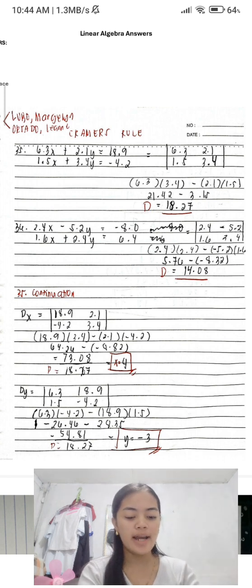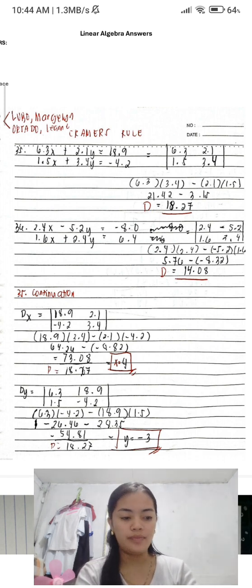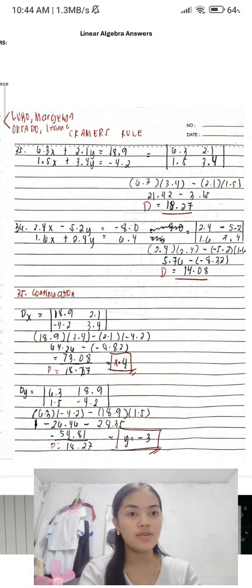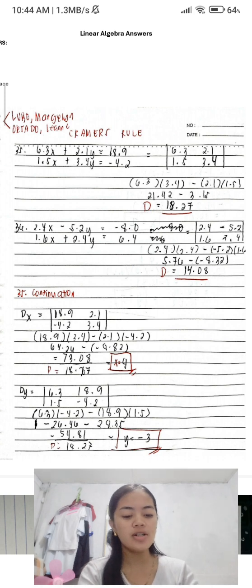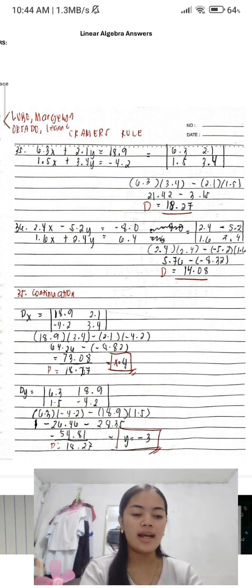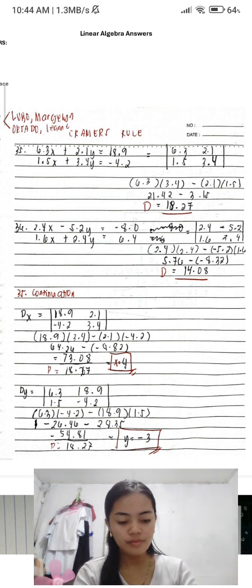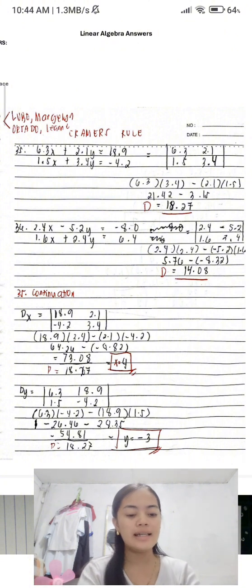So we need to find the x and y in this item. The formula in getting x and y is Dx over D and Dy over D. We first solve the Dx. In solving Dx, you just need to replace the x column with its constants, which are 18.9 and negative 4.2. After changing this column, we simply cross multiply diagonally, and after getting the products, we subtract them. So the answer is